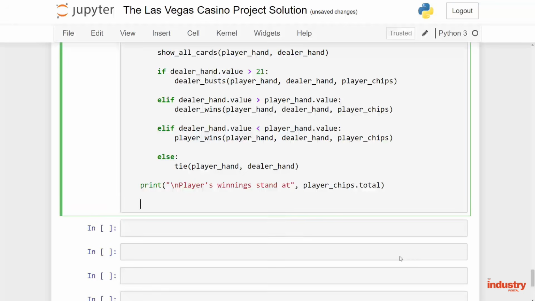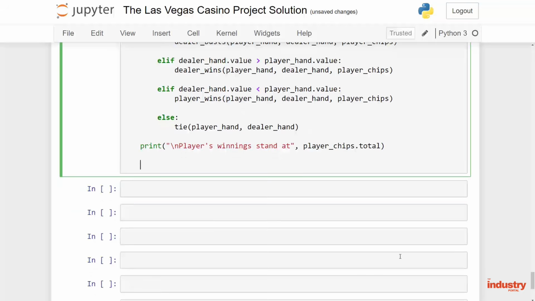Now at this point, they may want to walk away from the game, but they might want to continue playing. And we want it so that their chip total would be 130 if they won the bet going into the next rounds. We don't want to reset their chip account to 100. So at this point, we'll simply set a variable called new_game, and we'll set this equal to a call on the input function where we ask, "Would you like to play another hand? Enter Y or N:"